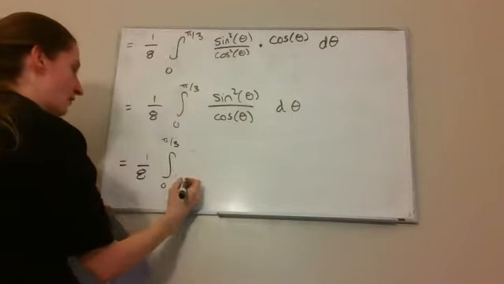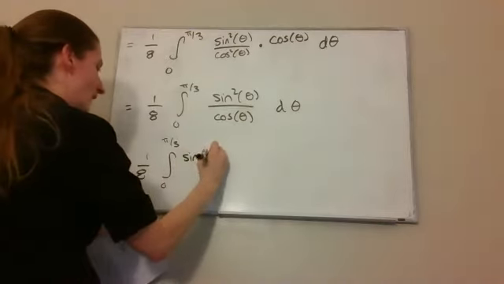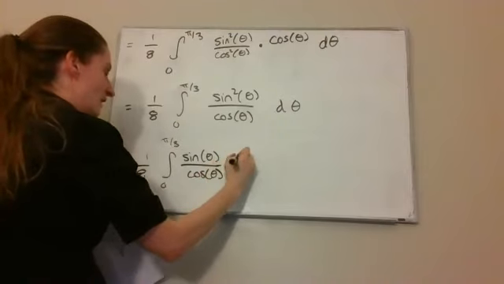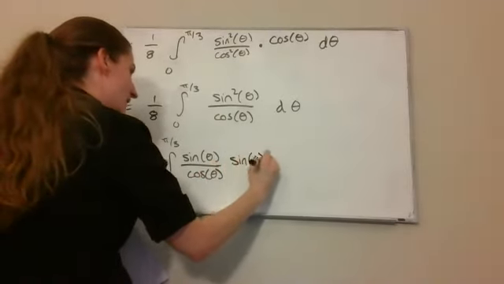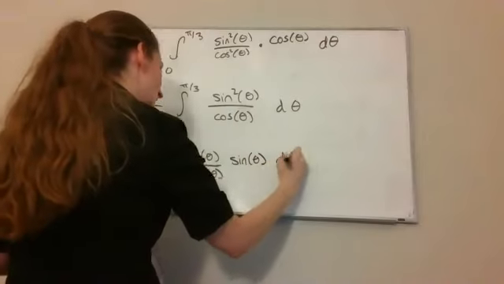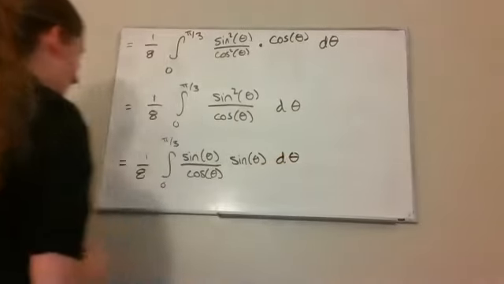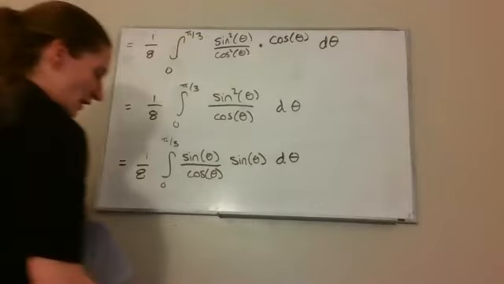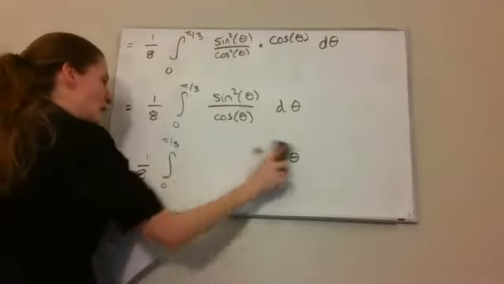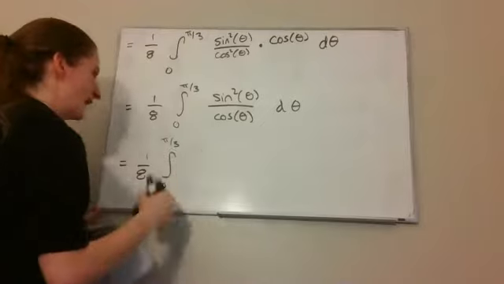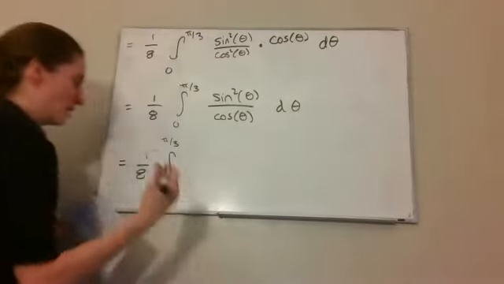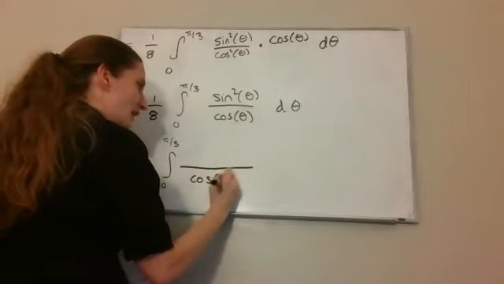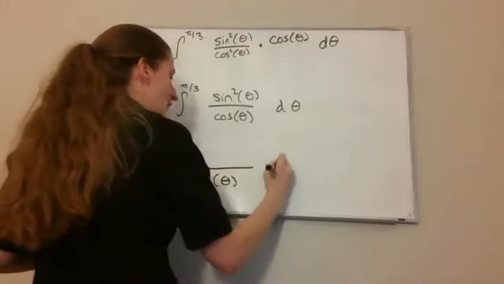So this is equal to sine of theta over cosine theta times sine theta d theta. So I have a tangent theta and a sine. Well, no, we're going to want a trig identity at this point. I was really hoping we could avoid the trig identity because I know a lot of you guys don't like them, but we're stuck. We have to use a trig identity, but at least changing it to sines and cosines